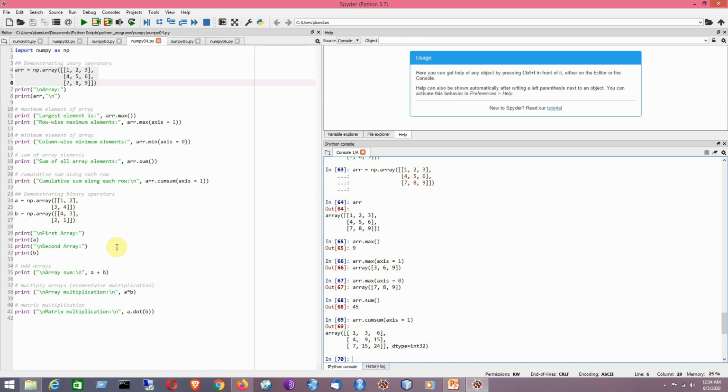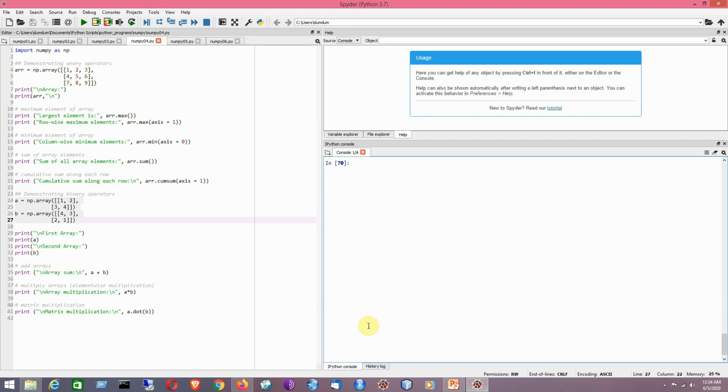Now I would like to demonstrate you some examples of binary operators. So I will be taking here two arrays because I need to consider binary operations here. As I have told before, you can execute more than one statement at a time. So now I would like to print what is the value of A and what is the value of B. Okay, so now I would like to perform addition, that is being performed. I would like to perform multiplication. So all these are binary operations.